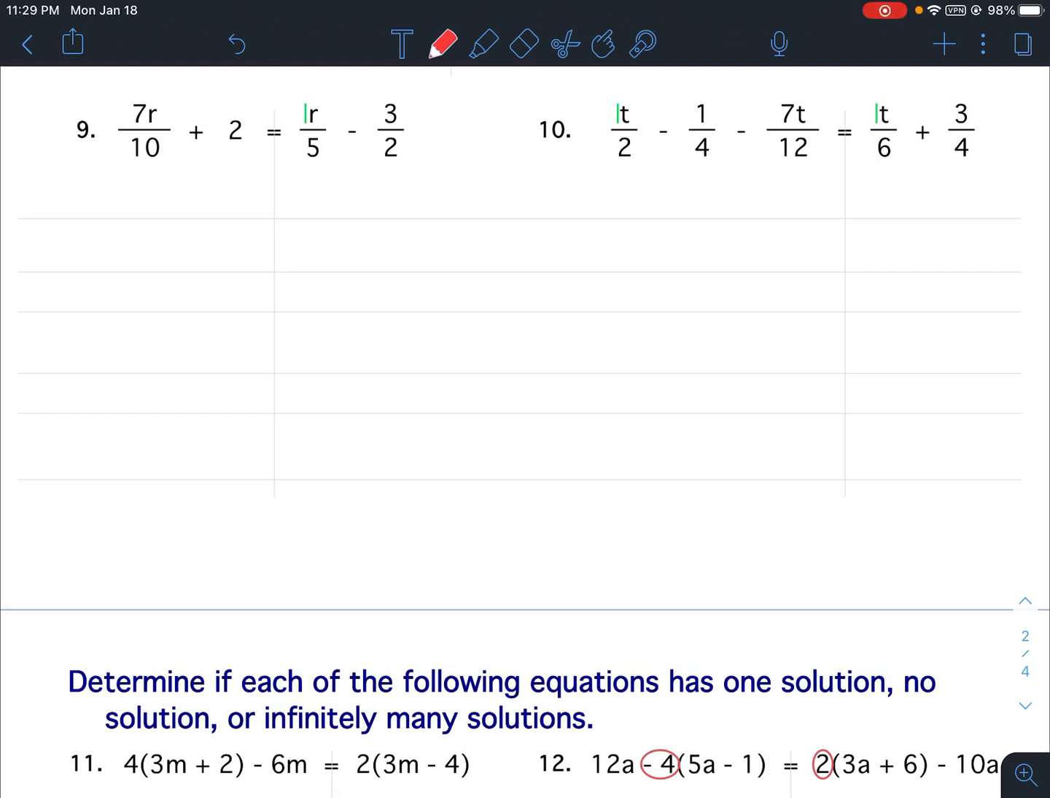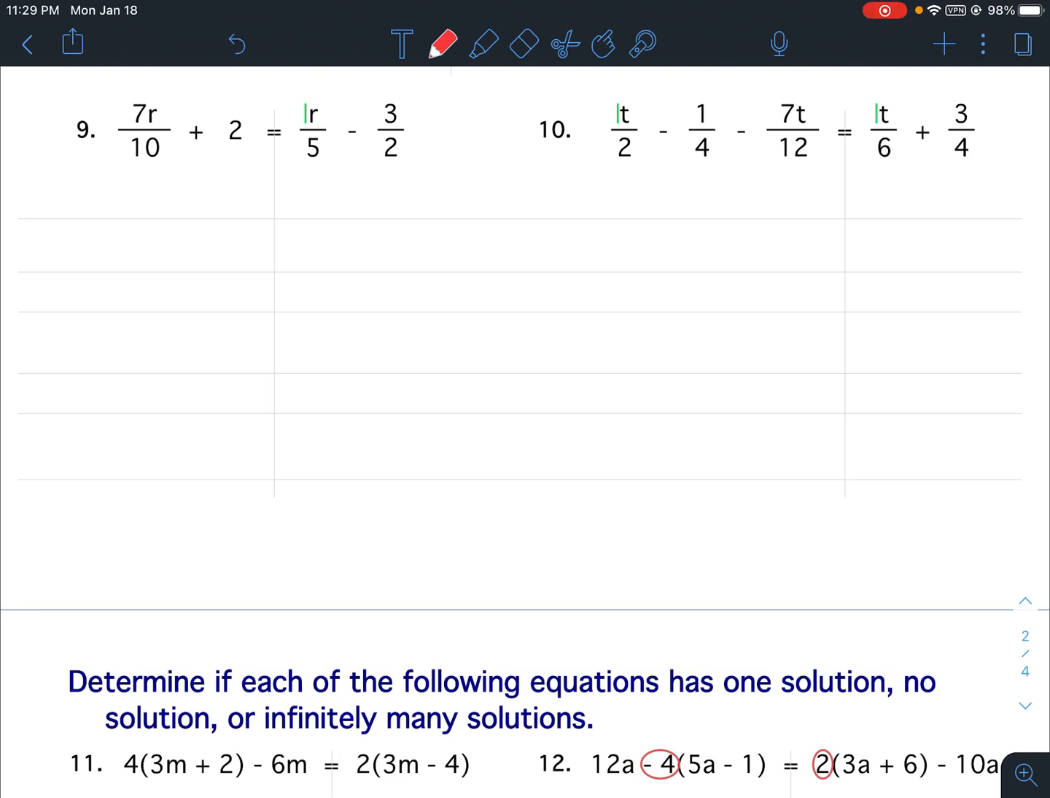Solving multi-step equations, lesson 8, worksheet number 2. Questions 9 and 10 both have fractions. And if you remember, we want to get rid of fractions. To get rid of fractions, we multiply by the least common denominator, which is the least common multiple of the